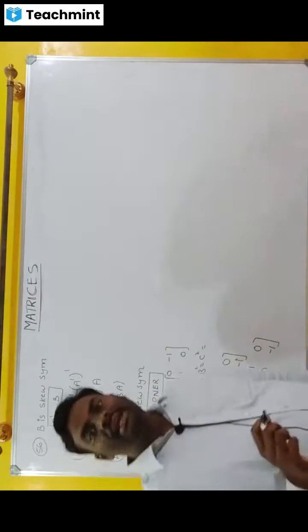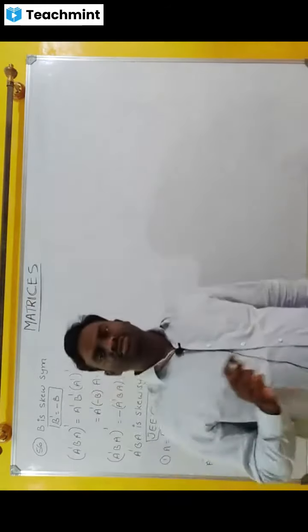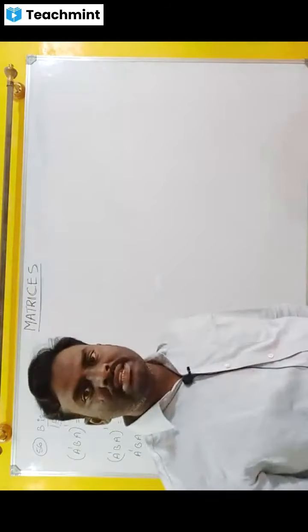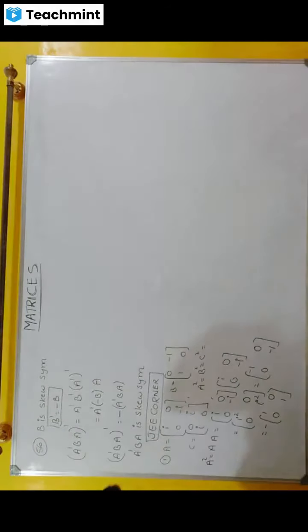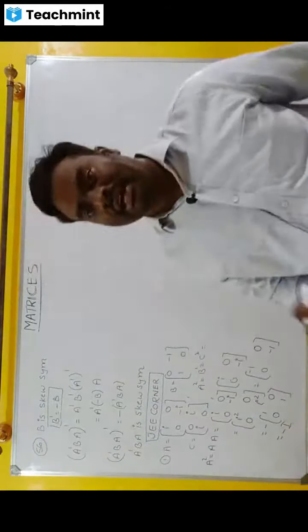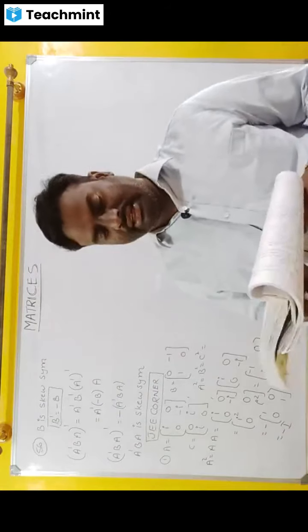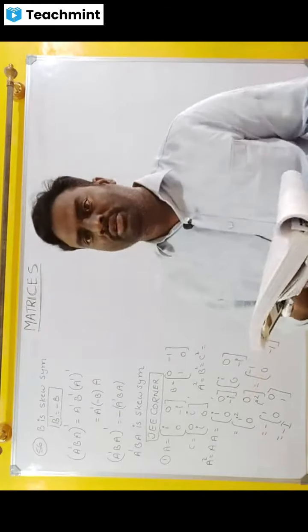1. We will take minus one common in this. Then what will we get? 1 0 0 1. But 1 0 0 1 is which matrix? Identity matrix. It is denoted by I. That's why the answer will be equal to minus I. So minus I is the answer for question number 1. That is nothing but the third option is the correct answer for question number 1.